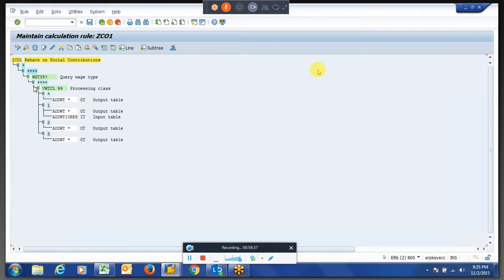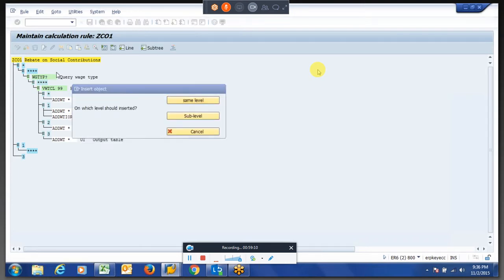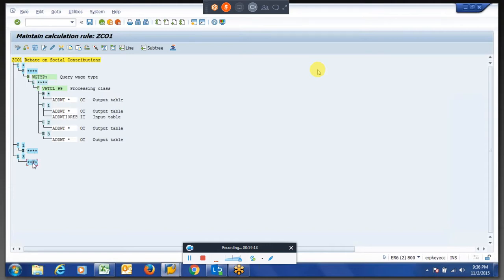So the same thing you have to copy to industrial workers and salaried employees as well. Right, so now I am pasting the same logic. For 3 it is checking, there is nothing written specifically for 3.